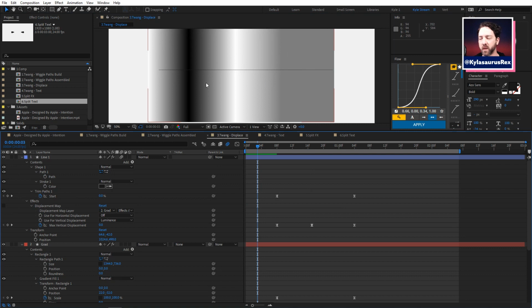We talked about displacement mapping a while ago on here, and a bit when Greg was on, because he's done quite a bit of this using displacement maps to wiggle a line. So that's exactly what we're doing here. This gradient, we're not going to see it, but the black and white values are going to determine how offset this thing is, okay?